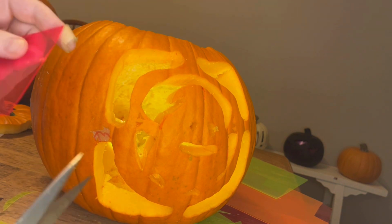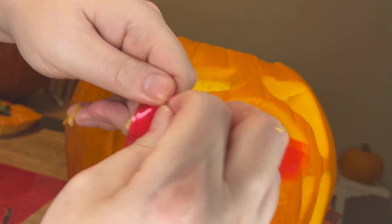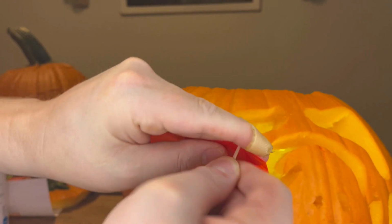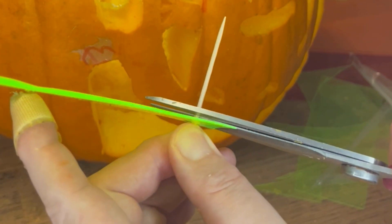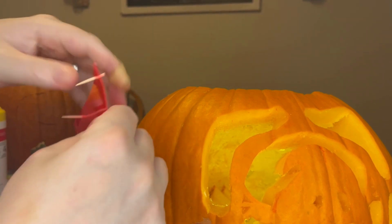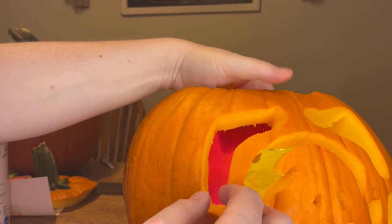fit just right. To attach the gels to the inside of the pumpkins, we will poke a hole with a push pin. Then stick a toothpick in the pre-punctured hole and squeeze it in there till you have a decent amount on the side that will be contacting the pumpkin. Then, using scissors, cut off the excess toothpick on the other side. Finally, carefully place the light gel in the correct spot inside of the pumpkin. You may need to pull it up and adjust a few times to make sure it is in the correct